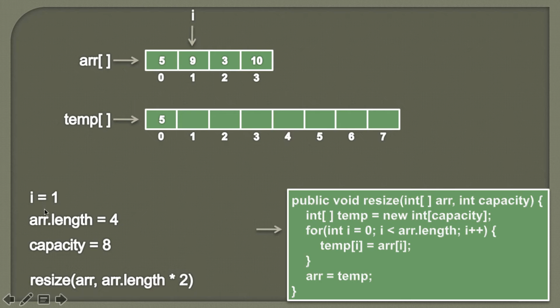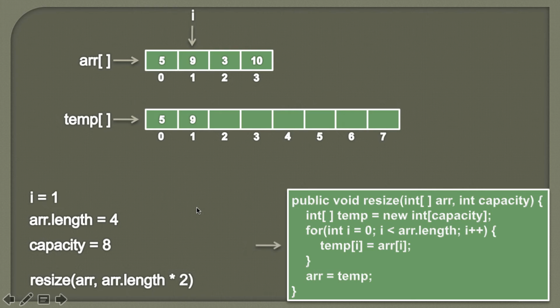It simply means that we can use this I to point to the first index, and the value of I, which is 1, is less than 4. So this for loop executes, and now we'll simply again copy the value at the ith index, which is the first index, to this temporary array at the first index. So it would look something like this.